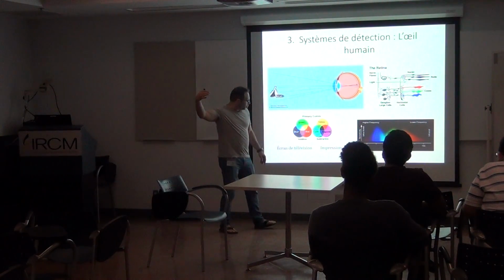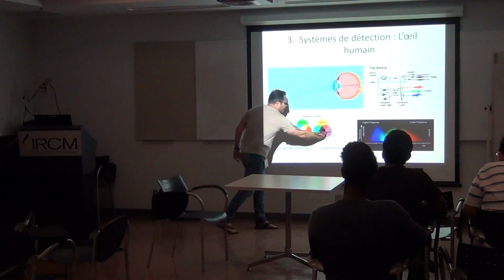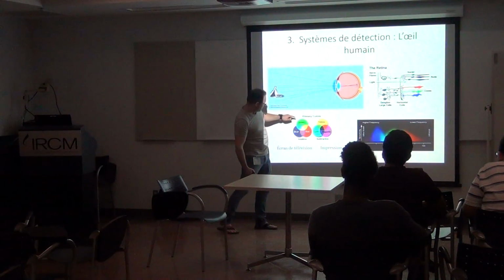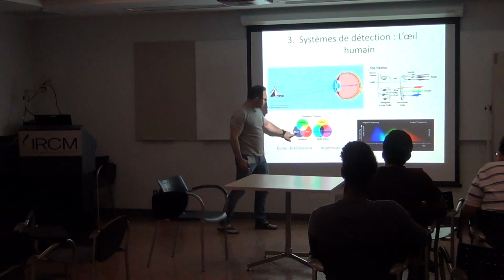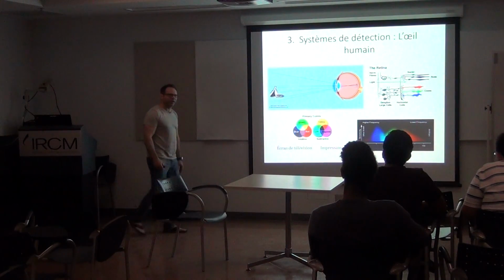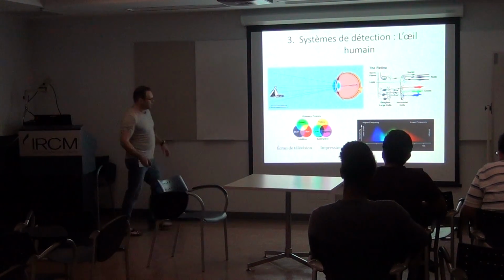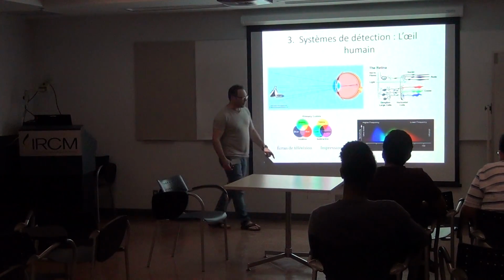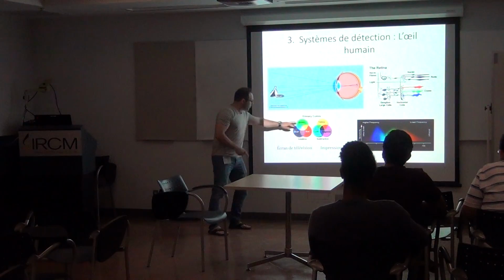So if I shoot white light over magenta, since it absorbs green, I will see red and blue at the same time, which is magenta. If I mix all those things, I'm going to see black because each one will absorb one of